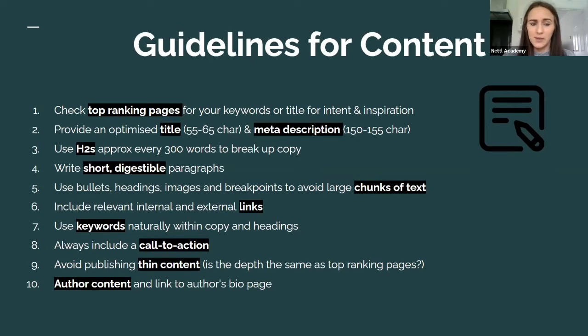All of these things apply to anyone that is writing content. That can be a blog article, or that could be your product page, your About Us page, your home page. Content is anything on your site, basically, that has copy. Always check the top ranking pages for the keywords that you're trying to rank for, because they are the best